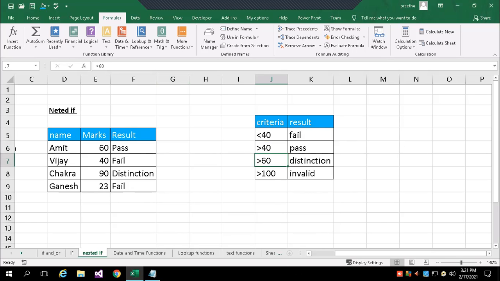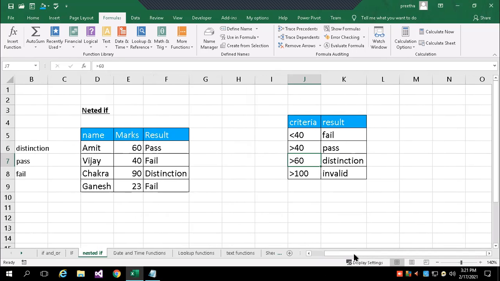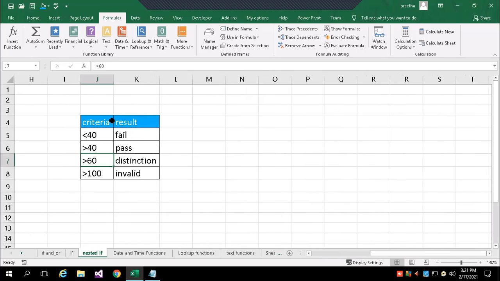So now instead of 3 choices, how many choices have I taken? 4 choices. So how do we write it here? This is the criteria you can observe. When the mark is less than 40, fail; greater than 40, pass; greater than 60, distinction; but if it is more than 100, you should say invalid.